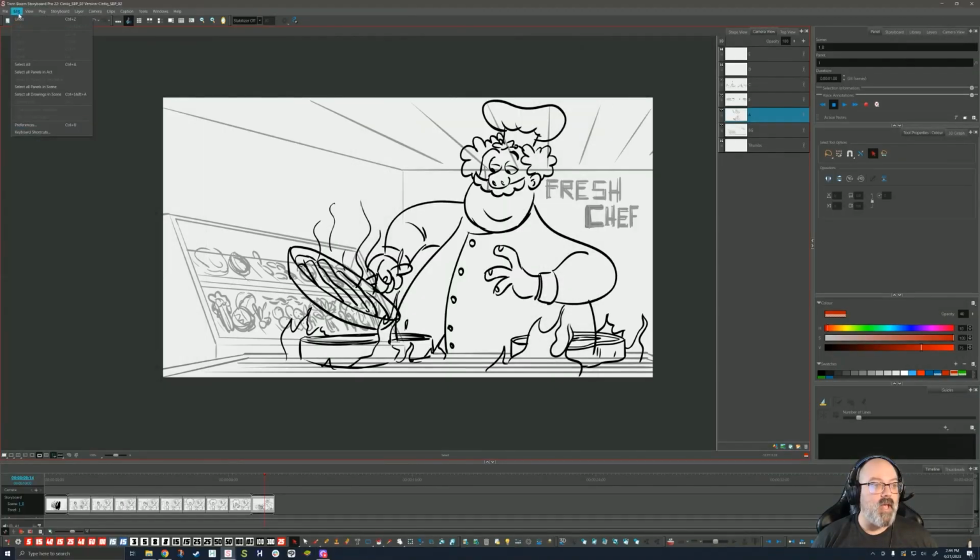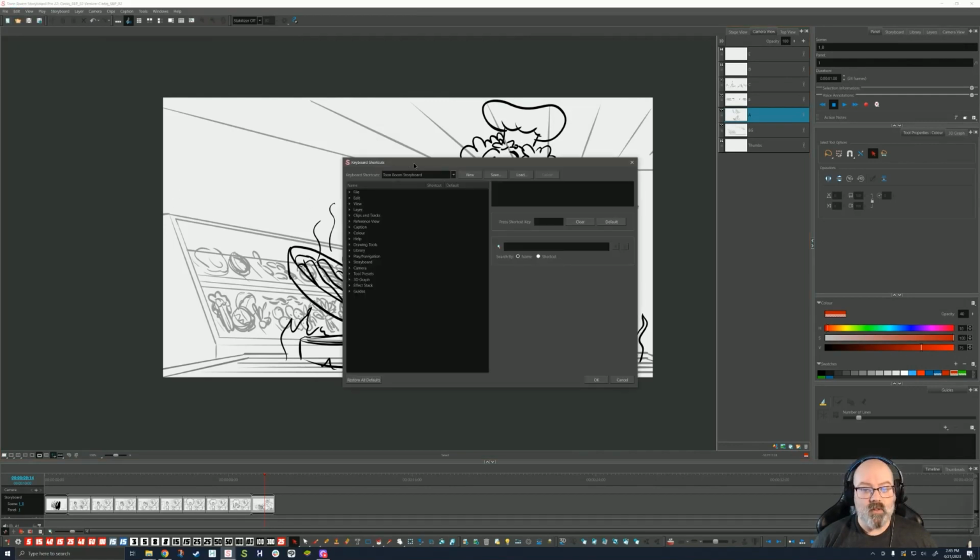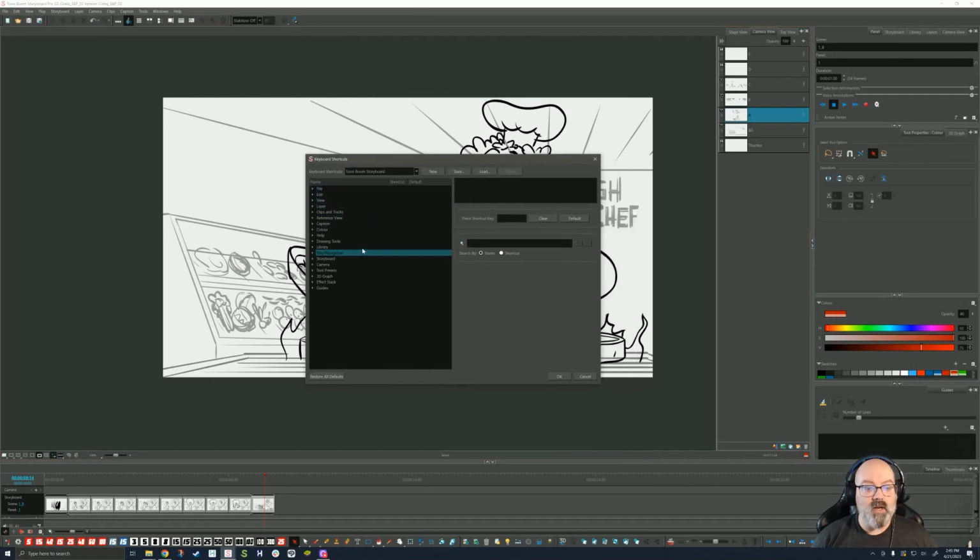So I'm going to go to Edit, Keyboard Shortcuts. On a Mac, it would be under the Apple symbol. You go to your preferences, and you can find all kinds of various shortcut keys that you can manipulate and customize to your workflow. For instance, play and navigation tends to be the one that I change the most, because